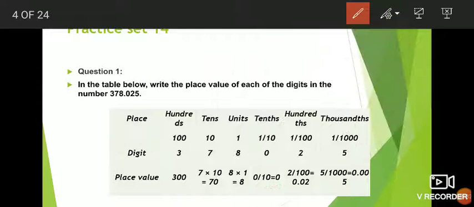Now afterwards what is there? 1 upon 100 into 2, that is 1 2s are or 2 1s are 2 only. 2 upon 100, here 2 zeros are there, so shift 2 digits from the right to the left, that is 0.02. See, after the point 1 digit, after that 2 is coming, that's why 0.02.